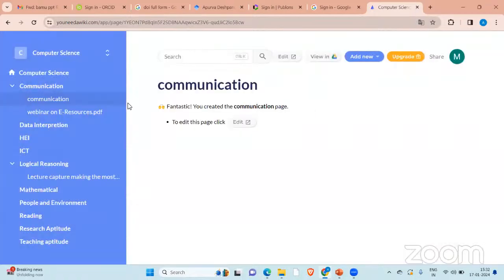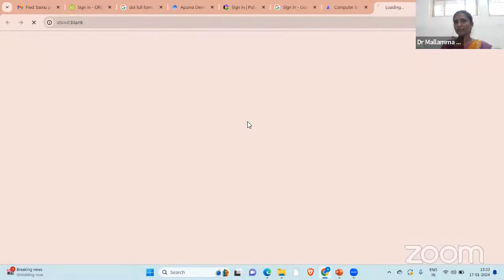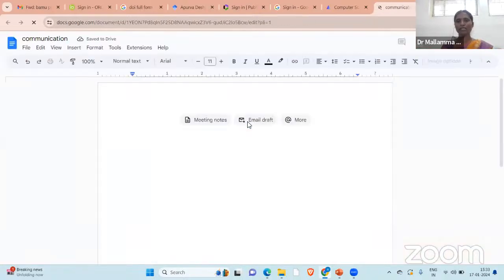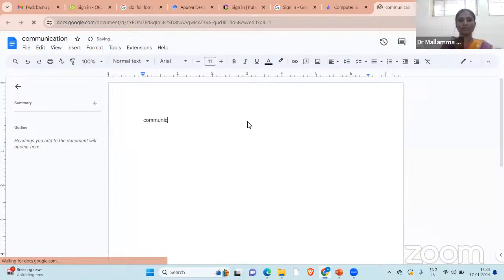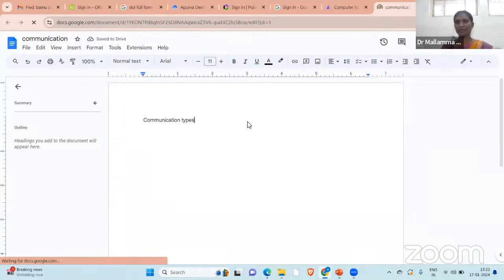Yeah. Now, just here, click on the communication. So communication came here. Now here you have an edit page. To edit this page, click here on the edit. Double click on it. So here Google Docs will open the document file. Say communication. मैडम एडिट नहीं आया है. आएगा आएगा. क्लिक करिए, क्लिक करिए, क्लिक करिए आप उस पे.